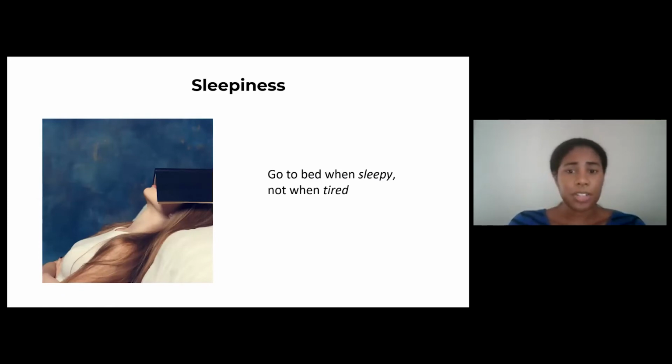And then also it's a good idea to go to bed when sleepy, but not when tired. I know they're used the same way often, but here what this means is, when you're sleepy, it means your eyes are closing, you're yawning, you're starting to lose focus on whatever it is that you're doing, whether that's watching TV or reading. Tired is really referring to, you went on a long run and your body's physically tired. So you want to go to bed when you are sleepy, not when you're tired.